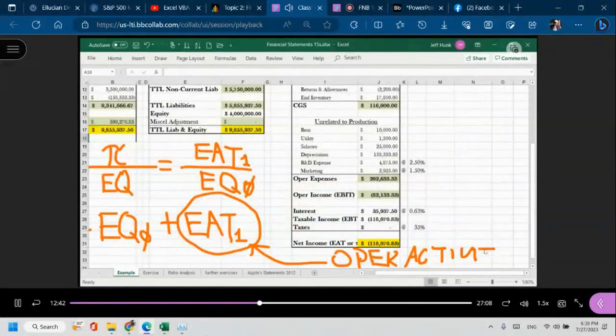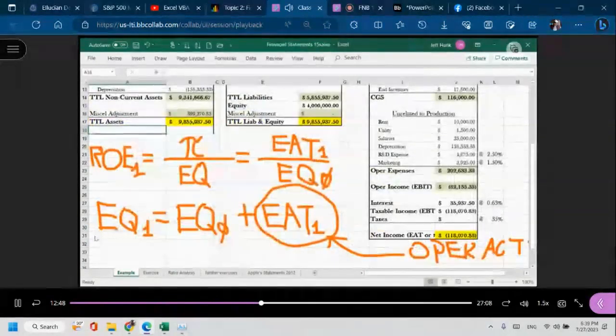Right? That makes sense. Of course, you say two types of capital, debt and equity. Yeah, but